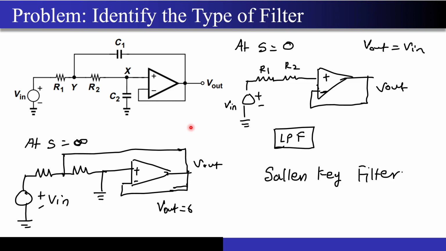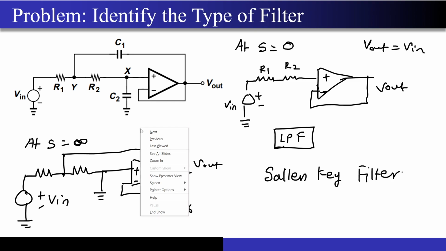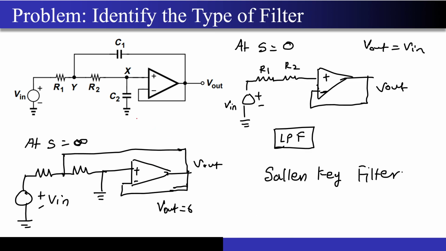So now let's try to do a very interesting study over here. And now, let me just change the color of my pen. Yeah, so now we'll be looking at this particular filter. Correct? So now let's try to see what actually happens at s equal to 0. If I put s equal to 0, what is going to happen? So this particular node that you're seeing over here, the capacitor over here will act as an open circuit, and even the capacitor over here will act as an open circuit.